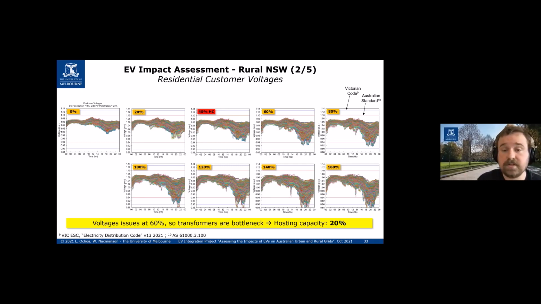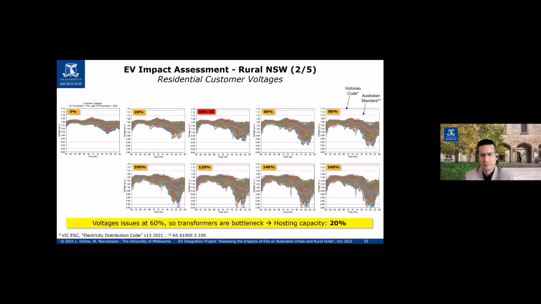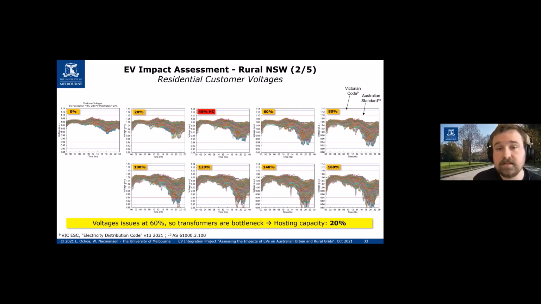Nevertheless, as EV penetration increases, we still get voltage problems despite that PV being there, because it's at a different time. So of course, we're still going to get problems. Most people plug in their cars when the sun has set. So whilst there might be some mitigating factors during the daylight hours, we still have big problems. What we can see here is the red line showing the Australian standard, which is the one we're following for New South Wales.